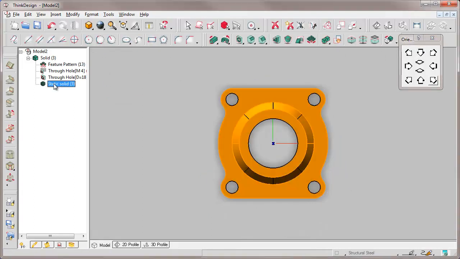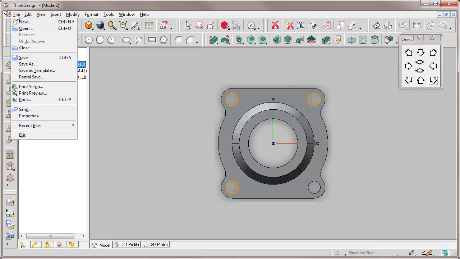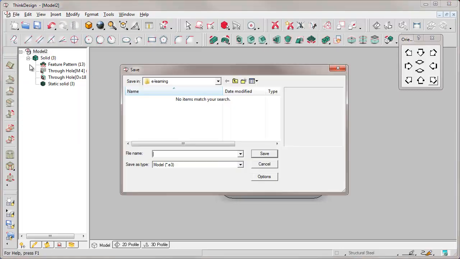So, in the history tree, we can see we started from a static solid, then step by step we added some features. In sequence, we find the features carried out. Let's save the job done so far. At this step, by the Save As, we'll save a file type with E3 extension, which is the ThinkDesign native